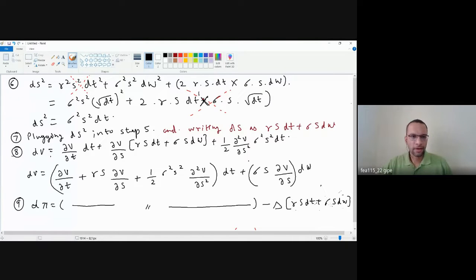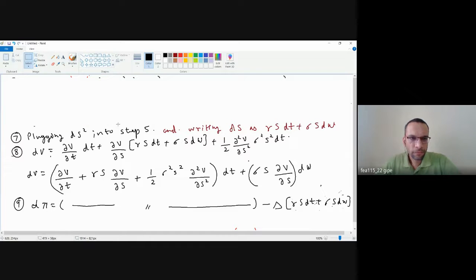Okay, so I'll just delete step 6. And now writing step 10, just expanding the brackets. So I have d pi equal to, again, I'll just try to write them together. So I have this delta r S dt, which I can bring together. So I just need to add this new dt term here. So I can write it as ∂V/∂t plus r S ∂V/∂S plus